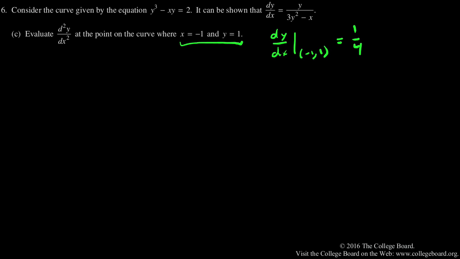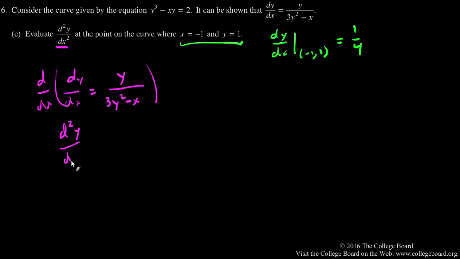Lovely. Okay. That's going to be useful. Next thing, I want to get an expression for d squared y dx squared, and I'll do that by taking the first derivative, dy dx, and that's y over 3y squared minus x, and take the derivative of that with respect to x. And when I take that derivative, I get d squared y dx squared equals,